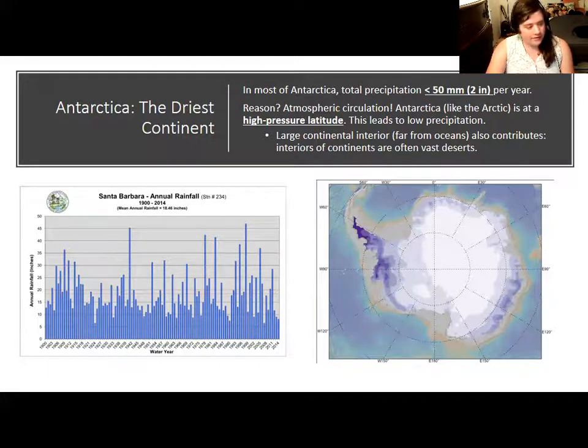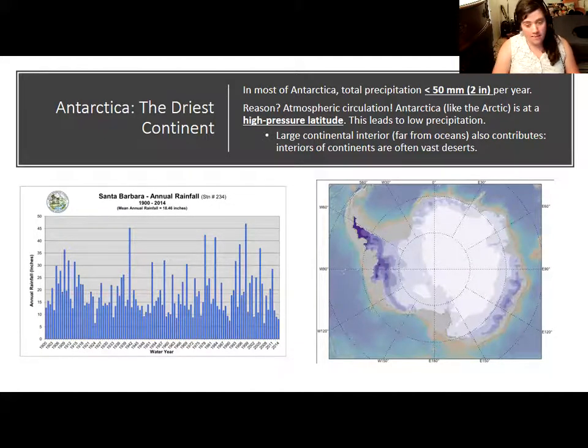And the ice in Antarctica doesn't get there because it snows a lot. It is so cold that it basically never goes above freezing. And so the ice accumulates very slowly and almost undisturbed for hundreds, thousands, and even millions of years. So Antarctica is a desert with glaciers. It is, in fact, inside of what you would consider one of the desert belts.